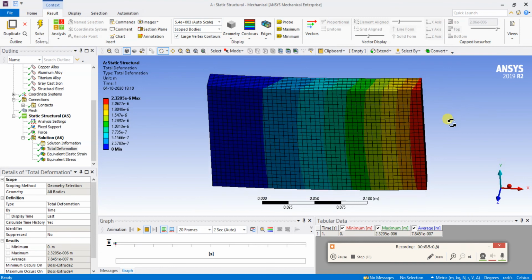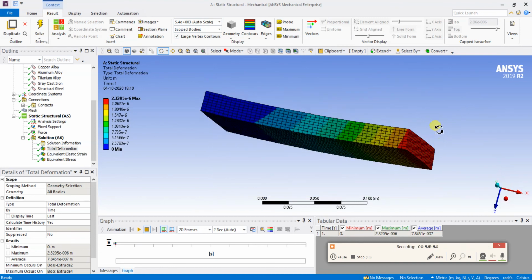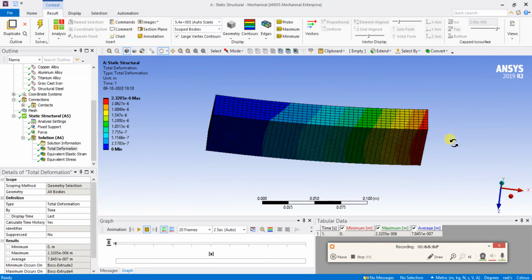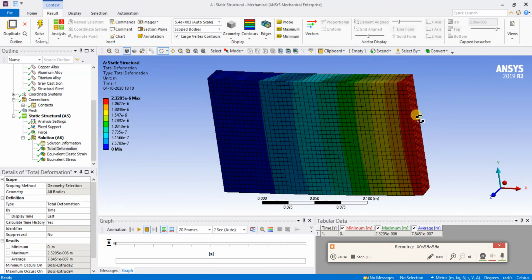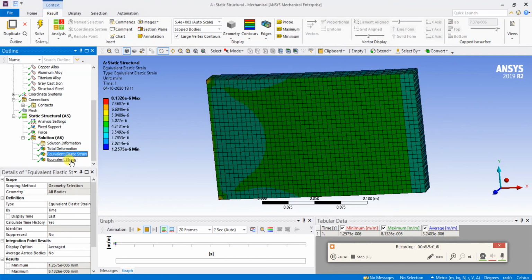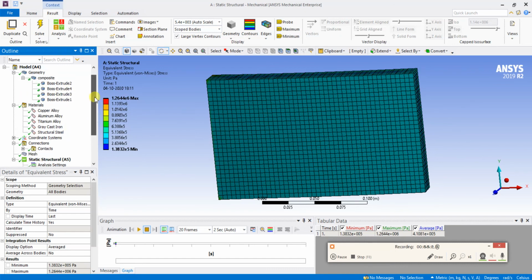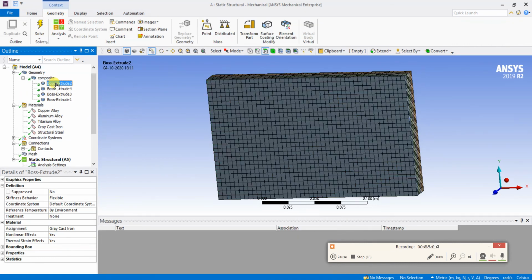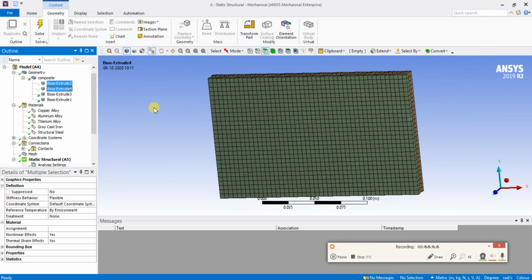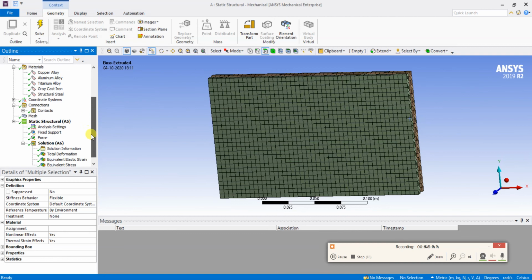We can see the deformation is slightly bending, because we have composite material, elastic strain and elastic stress. I am hiding the extrusion so that you can find the particular body deformation results alone.